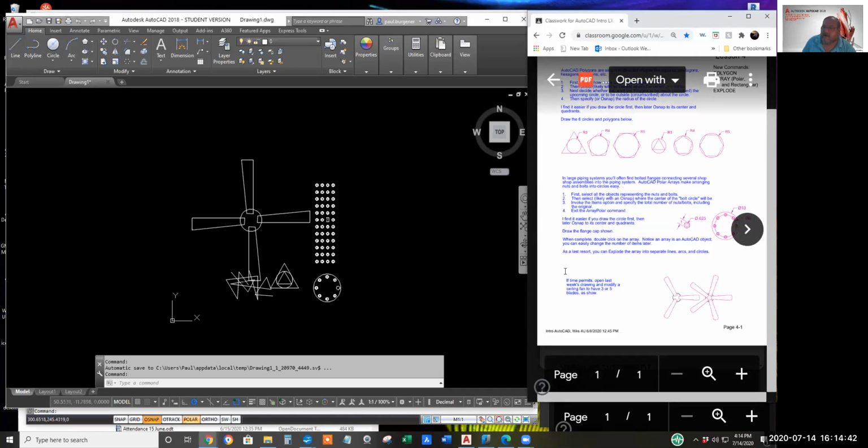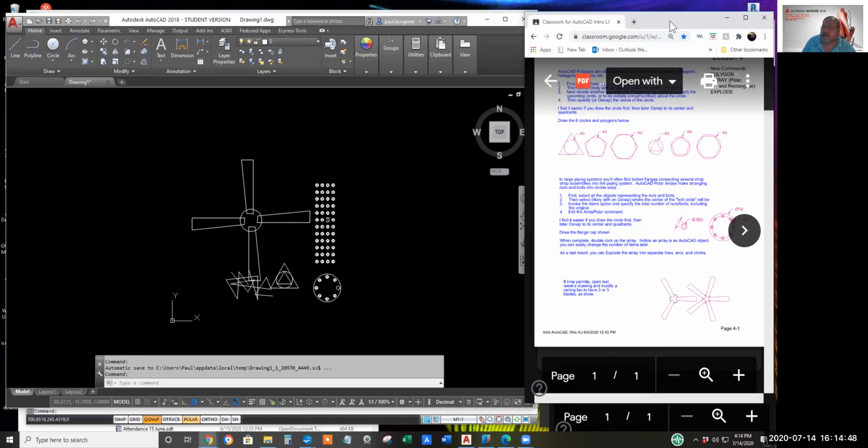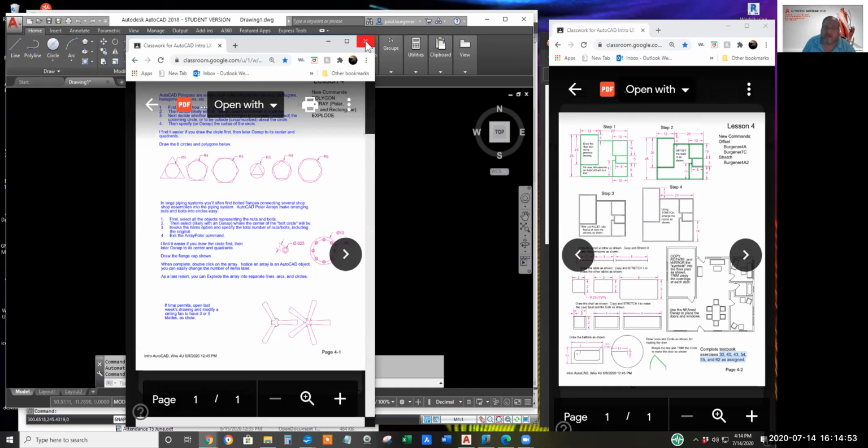Okay, let's move on to page 4-2. I'll lose this page 4-1 by shutting off that Chrome Explorer window.